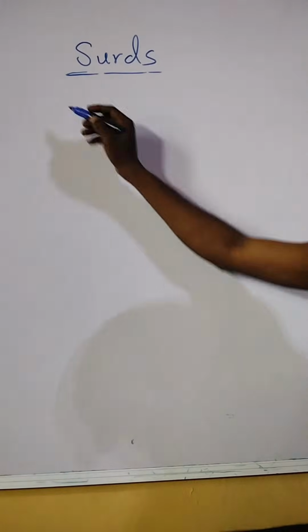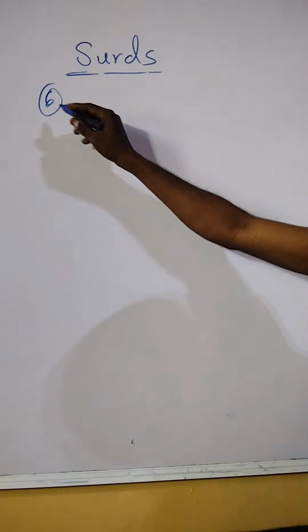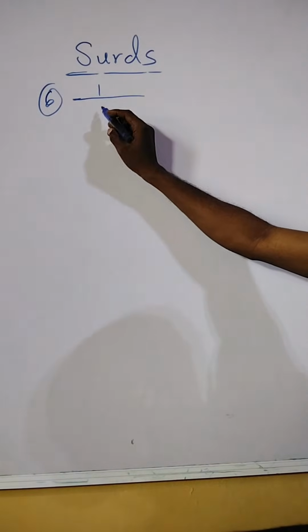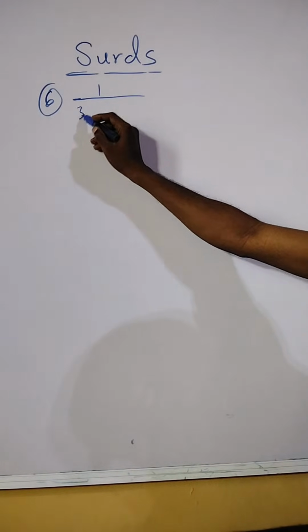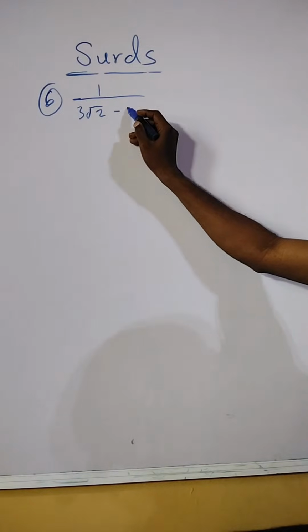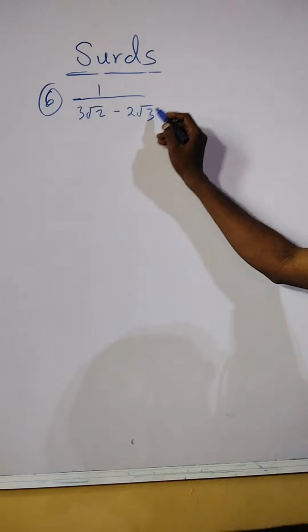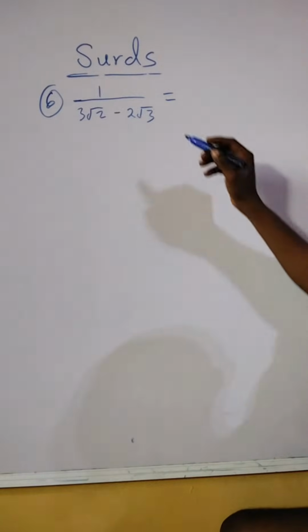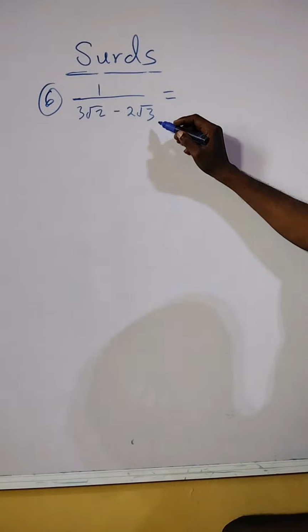Here we have to simplify 1 divided by 3 root 2 minus 2 root 3. Now, when we rationalize this surd, multiplying the numerator and denominator by the conjugate surd of